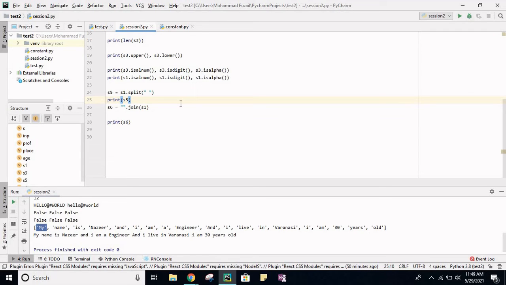Now we have two more functions to see, but we have many functions in a string. I would suggest you practice on each of those functions, because all those functions might be used in problem solving. It helps a lot in problem solving. So you should practice on those functions. These are very important functions.